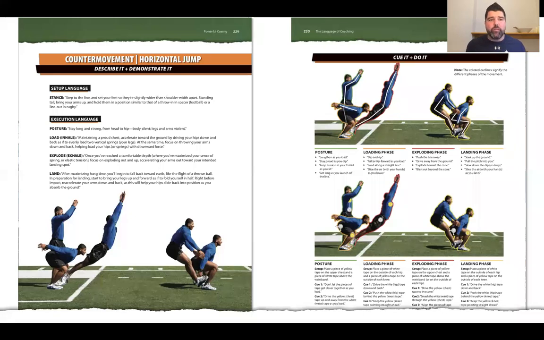So counter movement, horizontal jump. Again, we have setup language for the stance. Here we have posture, load, explode, and land. So we have 3 phases from a movement perspective, and posture being the dominant position within the entire movement. We have a certain postural position we want to see static from head to hip. Again, we have our execution language, and then we go through external cues, and then how you'd apply the cue